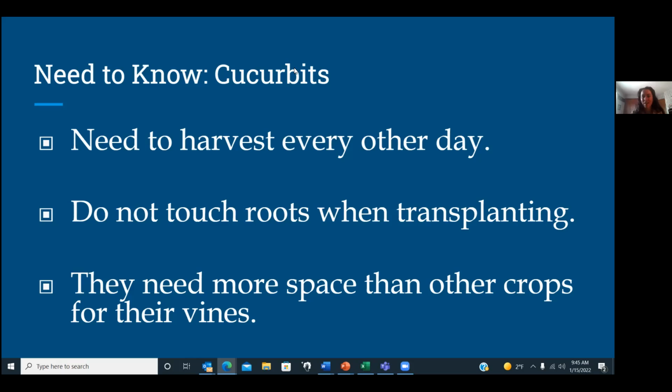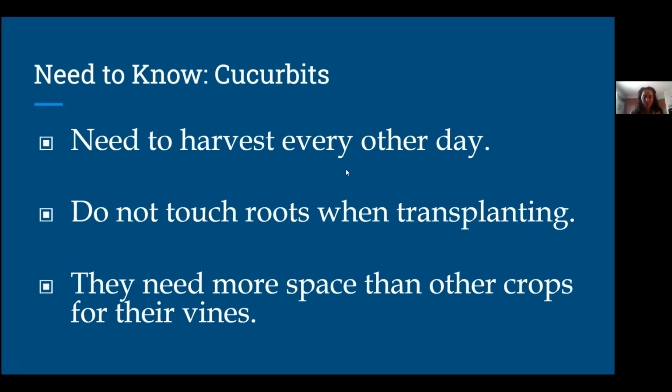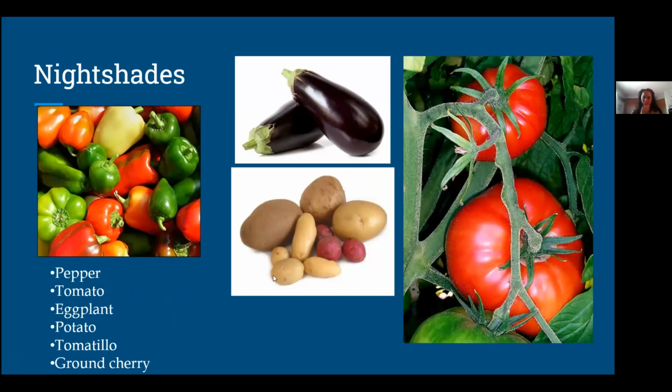Okay, I think we can move on to the nightshade family. So these are the nightshades: tomatoes, eggplants, potatoes, tomatillos, and ground cherries. And these are also really heat-loving plants. They are a little bit more prone to